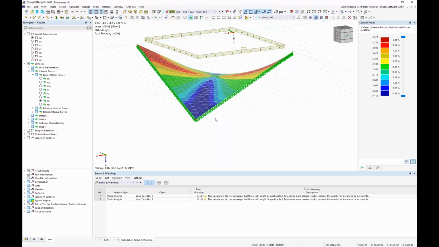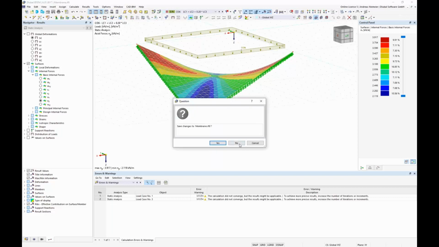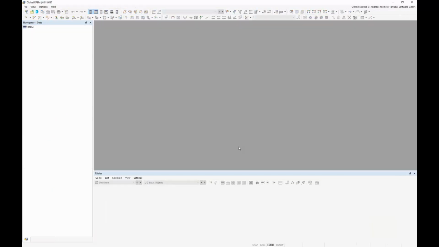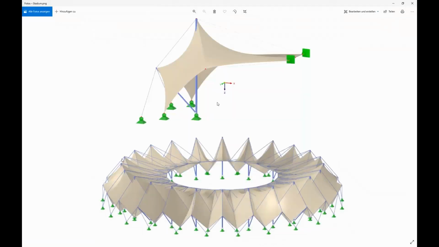I want to go the next step and say it's even possible to use shapes based on other shapes. And if you have such a task, then you can also use RFEM 6 for it. And I prepared a special picture for this type of analysis to explain what we want to do. You see now here 2 pictures on top, a ring segment, a 15-degree segment of